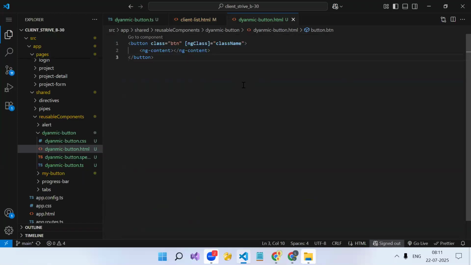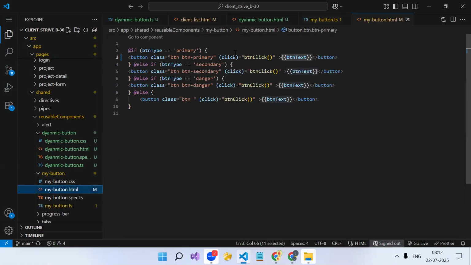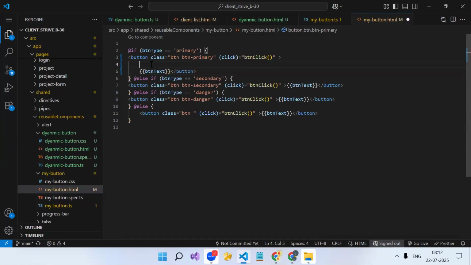ng-content. So understand the difference between both of these button components. Here we were able to pass the actual text. Let's say this component also we can convert to show the icon. But again, we need to add one more input, and again we need to add if else and all, because it should be configurable, right? If we don't need the icon, again we have to add another input, let's say one more input we created,